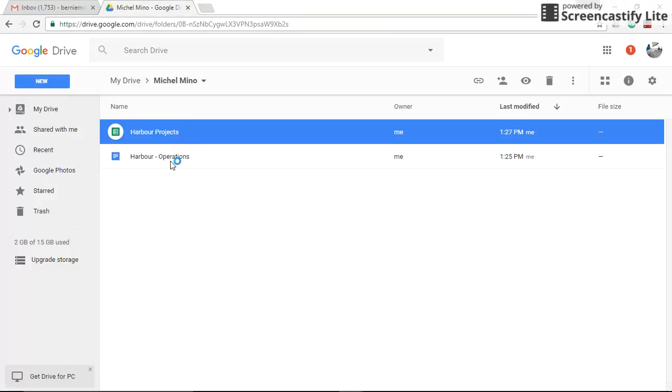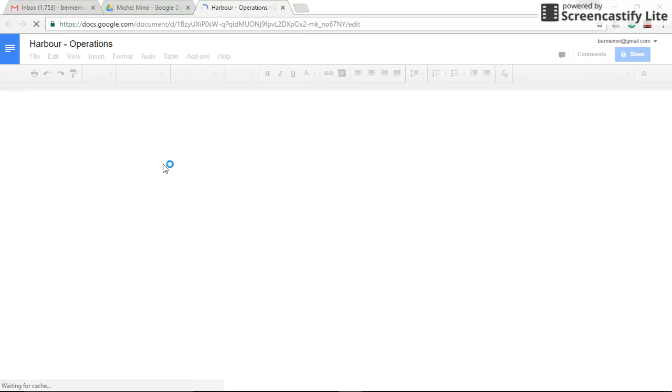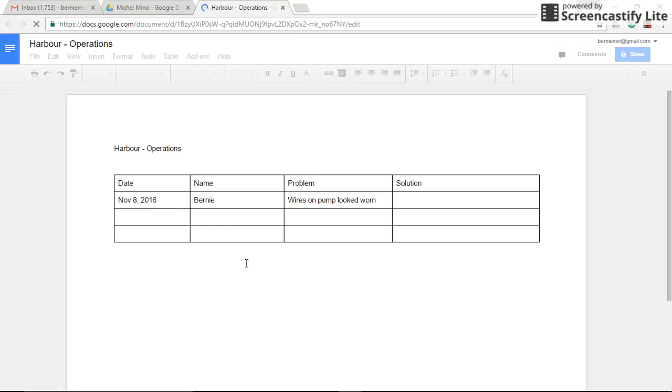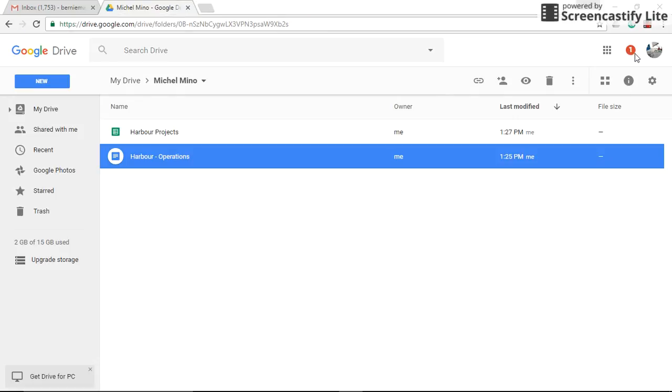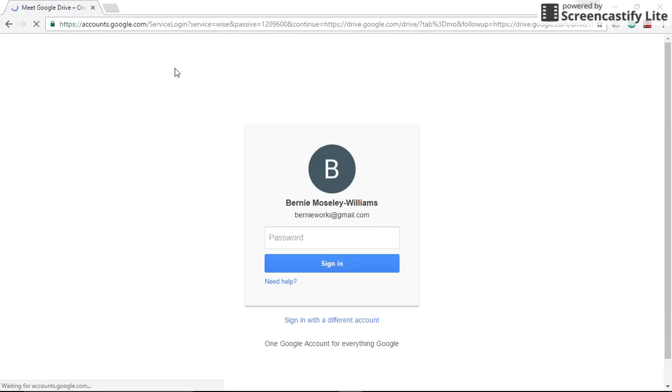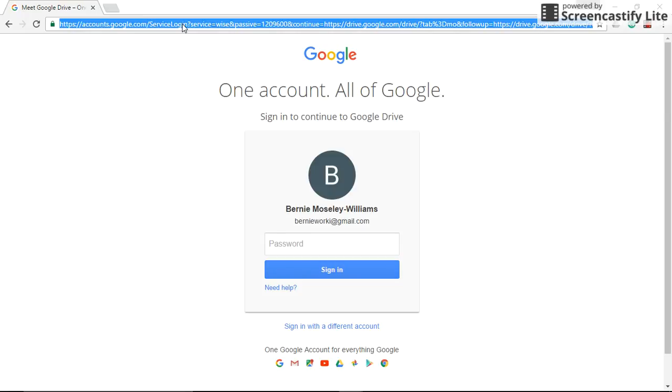So far so good, but nothing fancy, right? What's the big deal? The big deal is the ability to share documents. So this document now, Michelle, you can access from any computer. As long as you go to any computer, go to Google and log in, then you'll see this document. So if I sign out of this, close that, and go to Google,